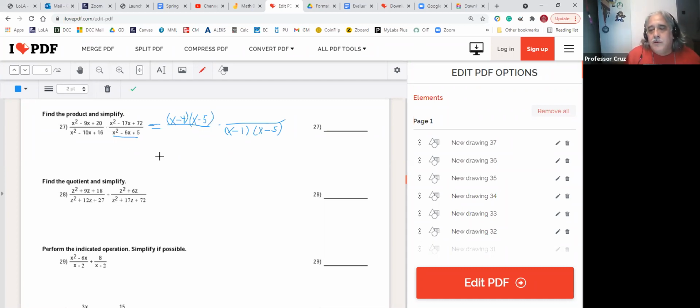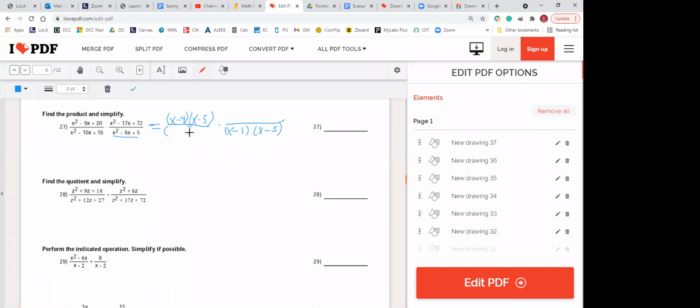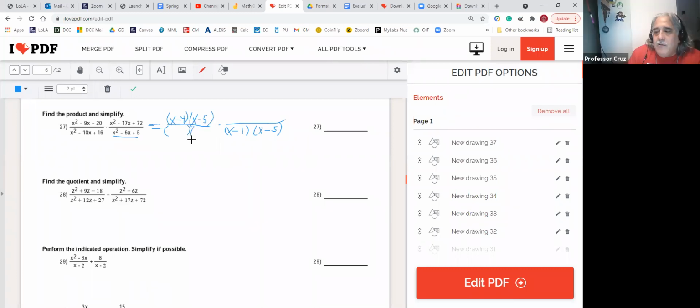Now, this is not the most well-constructed problem because most of these, when you factor them, you're going to usually lose almost all of them. With this one, it's a little bit different. Because I would be tempted to say negative 4 goes into 16 negative 4 times. But negative 4 and negative 4 is not 10, it's 8. So the only other possible is this is x